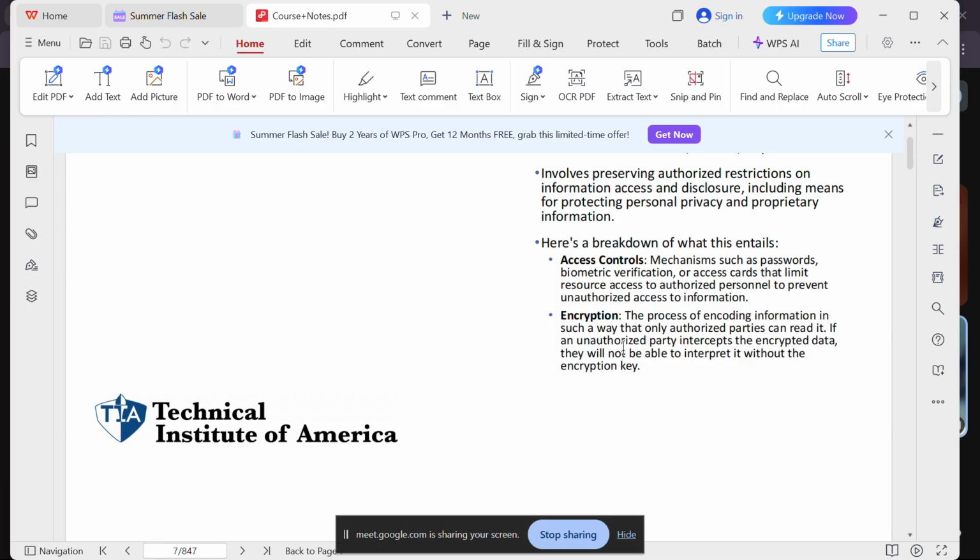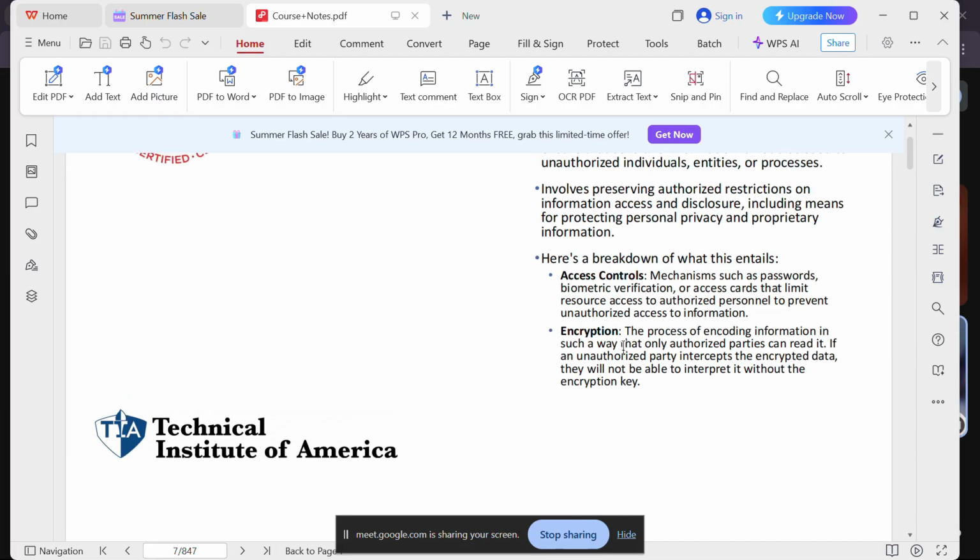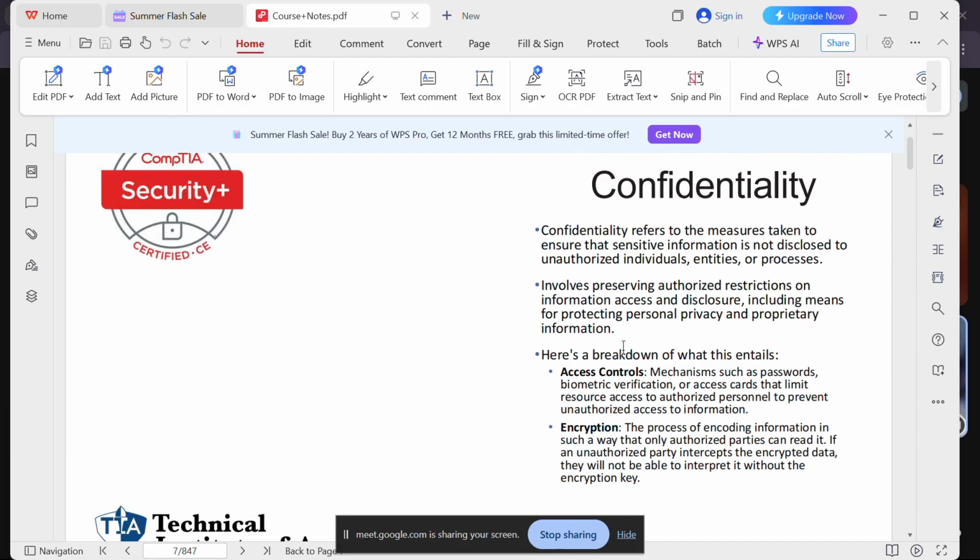Once you're sending a message, it is being transformed from plain text to ciphertext, and once it gets to the person's end, there is a process called decryption happening, which is the process of decoding from ciphertext back to plain text so that the person will be able to read it. So that is end-to-end encryption. And in confidentiality, we use it so that if there is anything called a man in the middle attack,